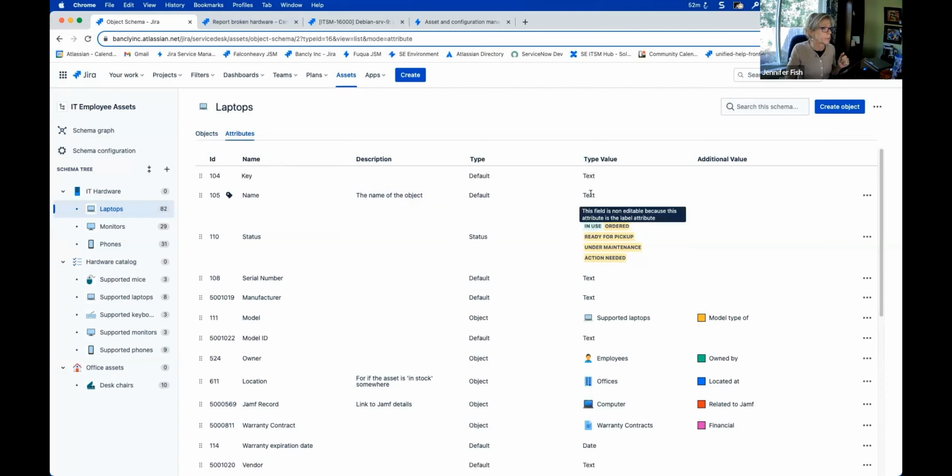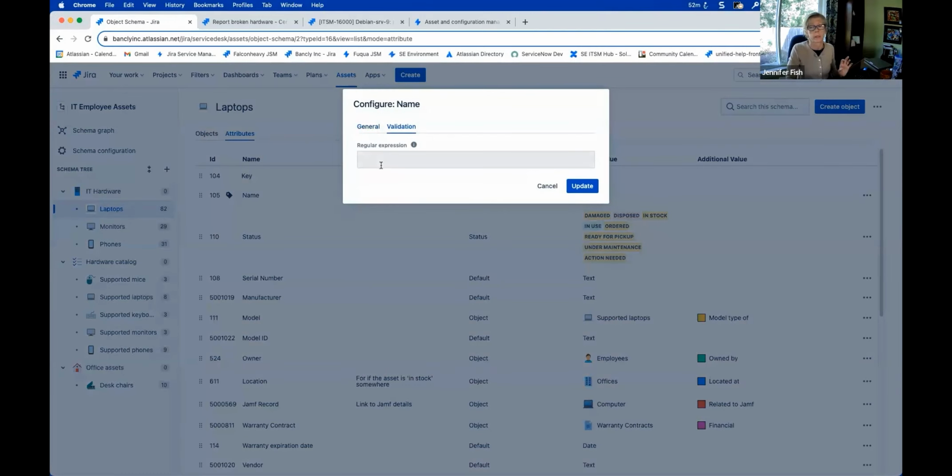For example, in text, if we wanted to look at this, we can have validation, which I think is a super cool function. I'm sorry if I sound like a complete nerd, but it's super cool that really easily within the screen itself, we can build out regular expressions to ensure, for example, that the serial number has a particular format, or that for data integrity our IP addresses have a particular format. We can just use something like text or URL for validation as well. So there's a lot of functionality, and if we want to make sure that those tags are short, we could have validation for that as well.